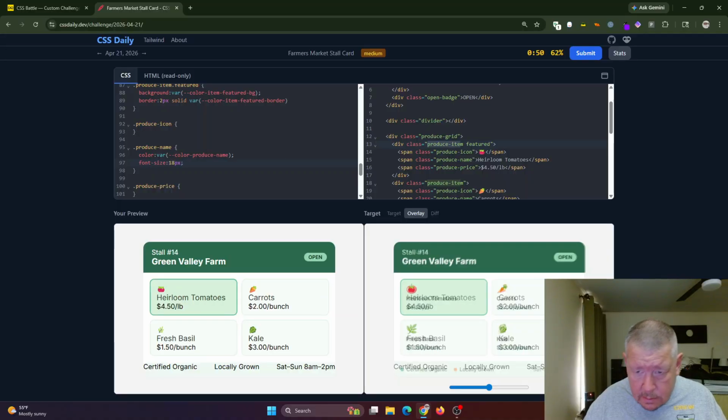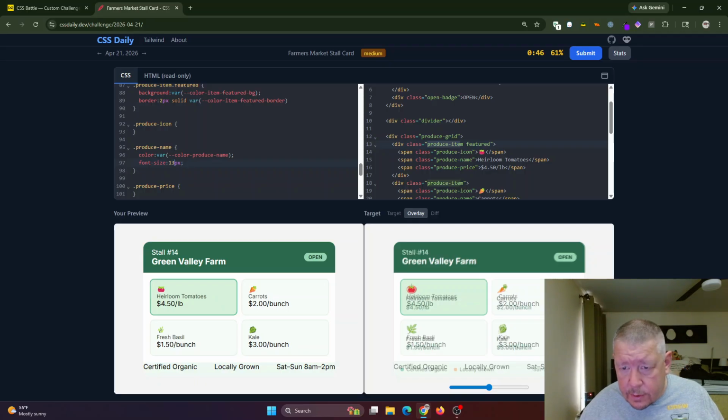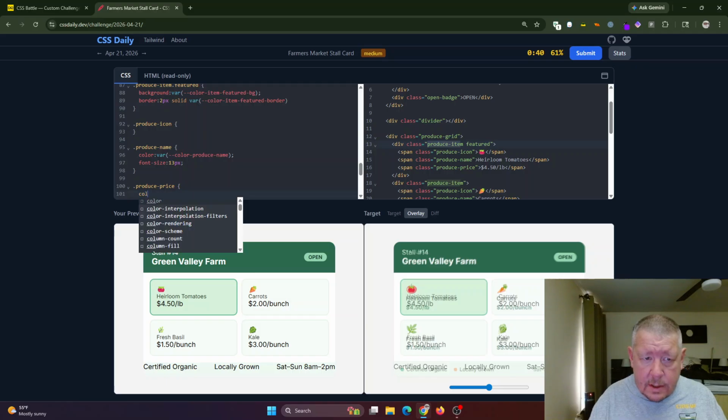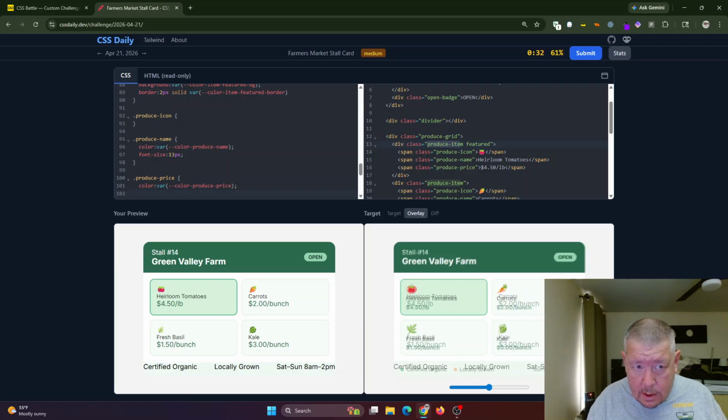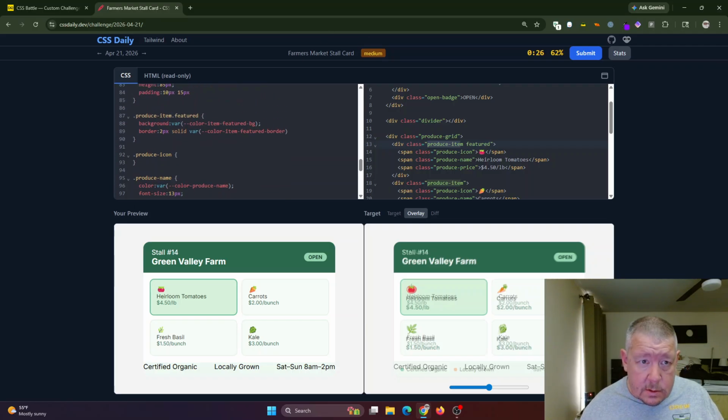18 pixels. That's way too big. 14, 13. That looks closer. Then we're going to have a produce price. It's going to have a color. It's going to be var, something to do with price, produce price. It's going to have a font size of 12 pixels. The produce